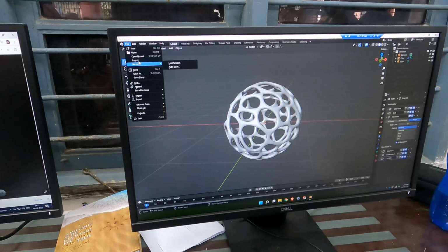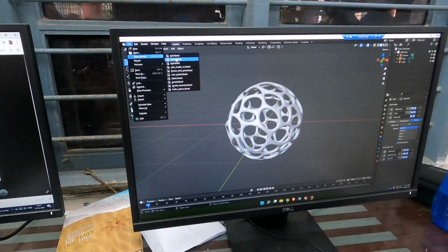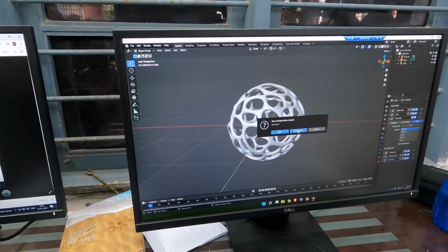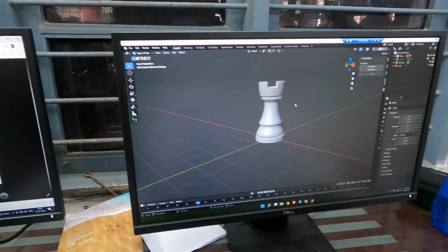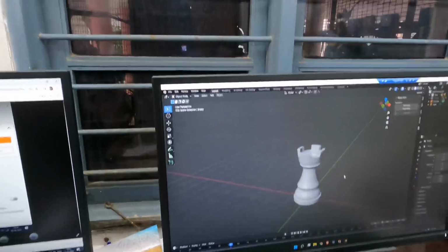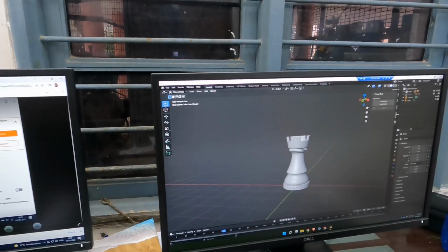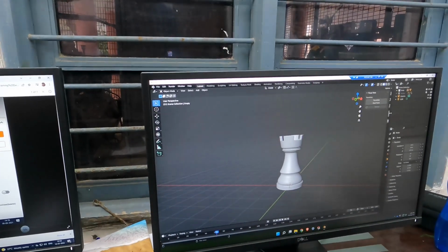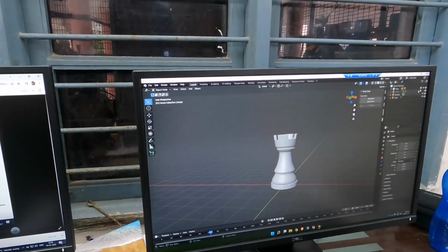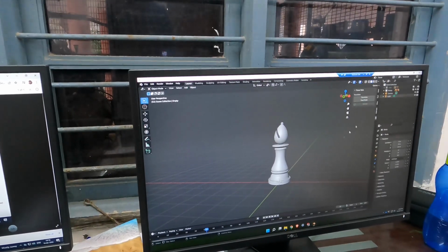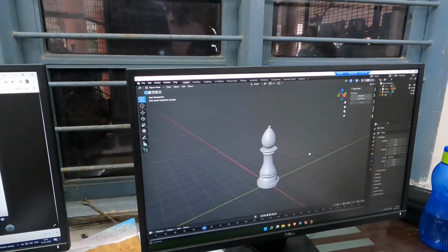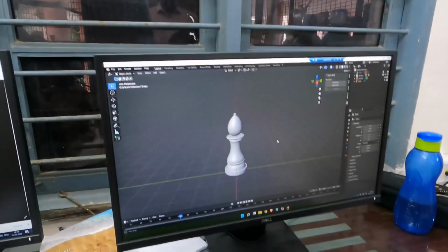I'll just open some examples so that you can get an idea. This is another component that we are now trying to print. This is an example of a bishop structure. Then another one, you can also design something like this, a chess component of bishop shape.